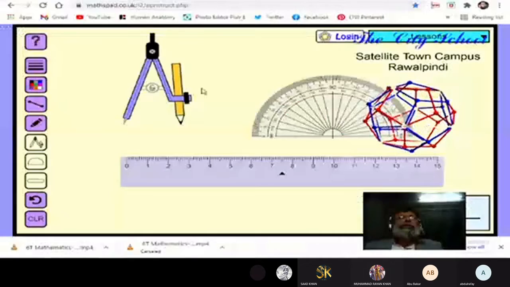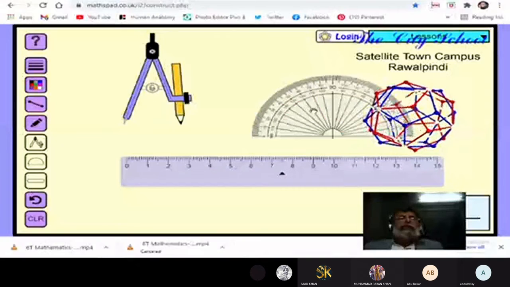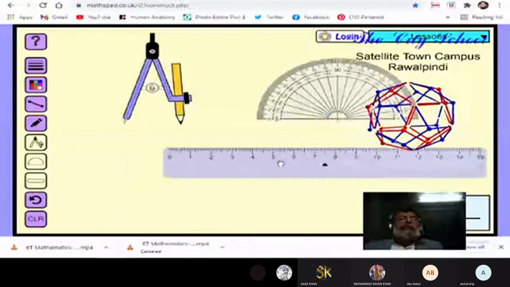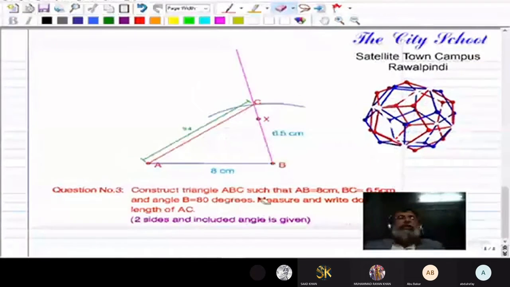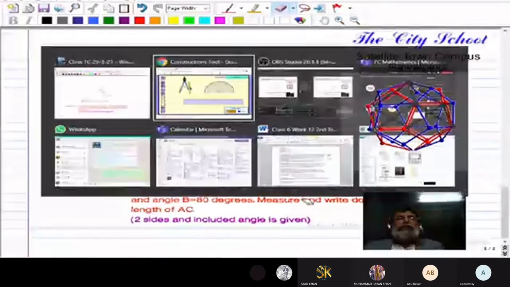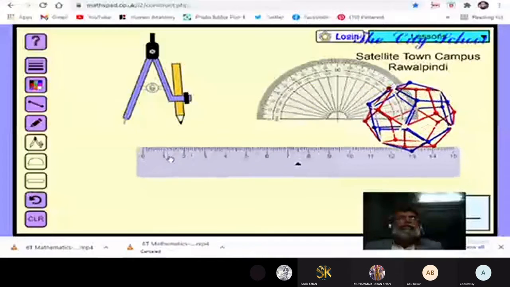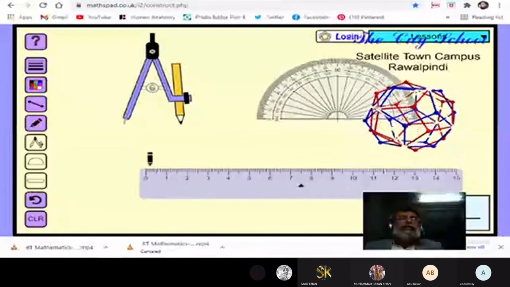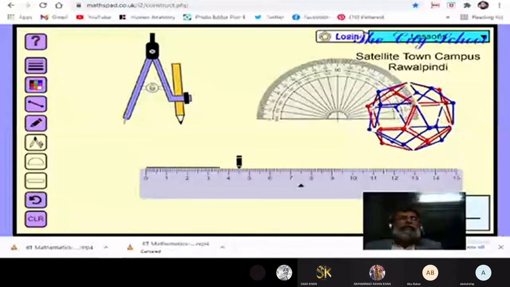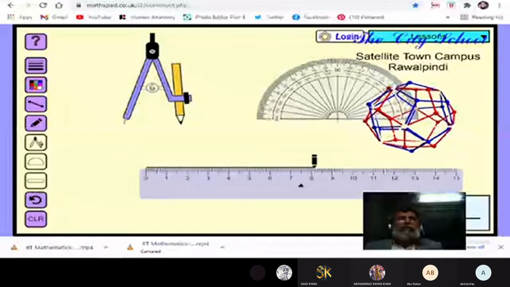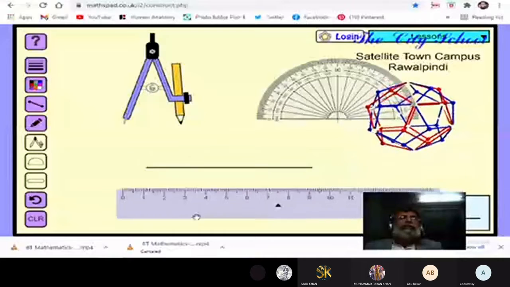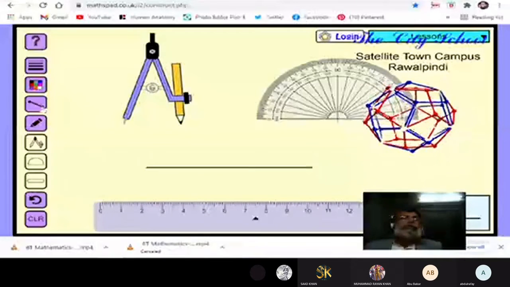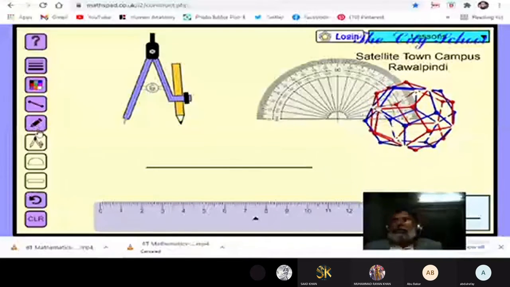क्लियर है सर। ये हमारे पास स्केल मौजूद है। पहले हमारे पास लेंथ कितनी थी, जरा लेंथ देख लेते हैं हम। क्वेश्चन क्या है? क्वेश्चन है कंस्ट्रक्ट ट्राइंगल एबीसी वेयर AB इज 8 सेंटीमीटर। तो हम AB को 8 सेंटीमीटर की लाइन ड्रॉ करेंगे। हम यहाँ पर लाइन ड्रॉ कर लेते हैं, 0 से हम लाइन ड्रॉ करते हैं और 8 सेंटीमीटर तक। ठीक है, ये हमारी लाइन आ गई 8 सेंटीमीटर तक की। इसको हमने हटा दिया। सो दिस इज योर A and B.